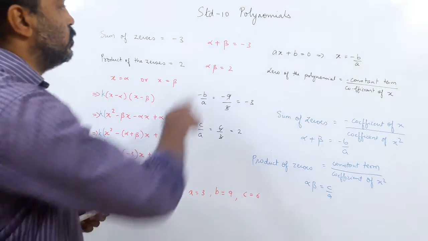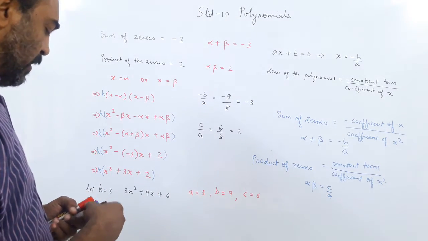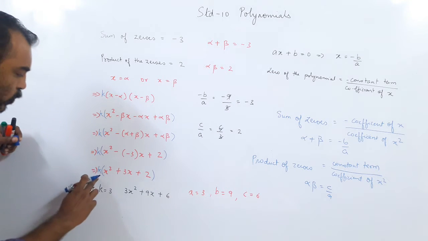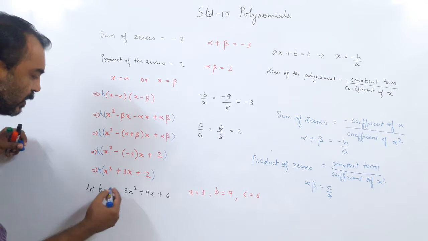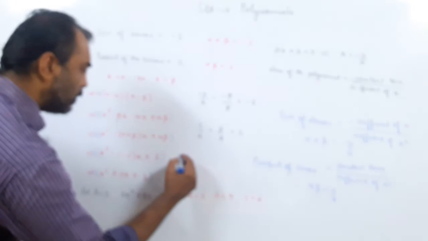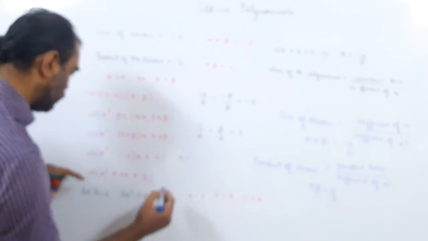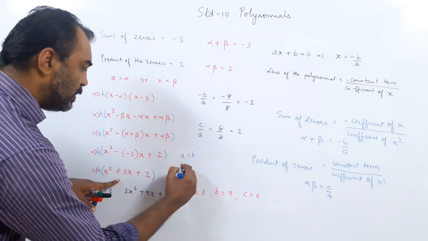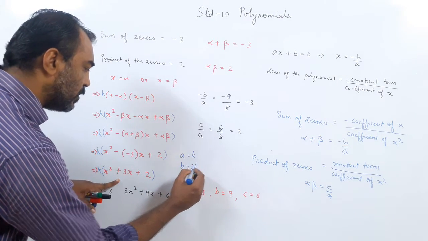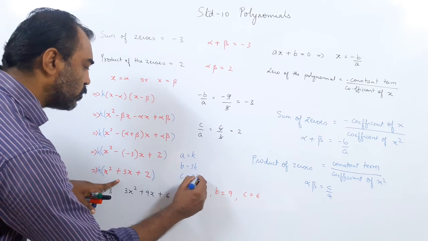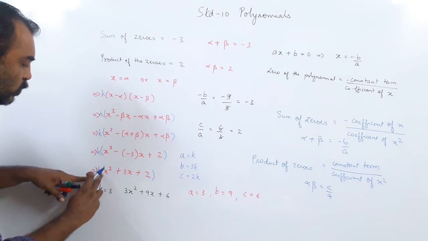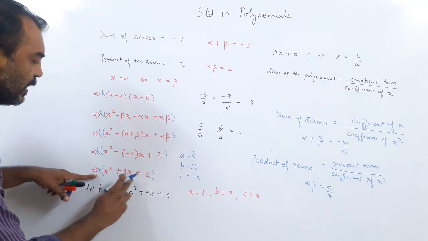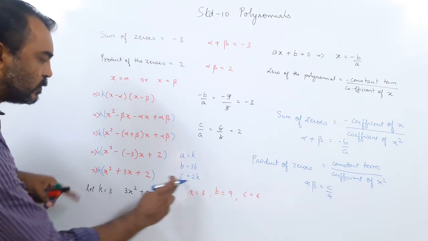Because it is a ratio, I can multiply and divide this ratio by k. So what happens here? When I put the k here, then what do I get? Here I get a equal to k into x squared, so a is equal to k. b is equal to 3k. And c is equal to 2k. When I multiply k, this is 1, so 1 into k, so a is k, this becomes 3kx, so b is 3k, and this becomes 2k.